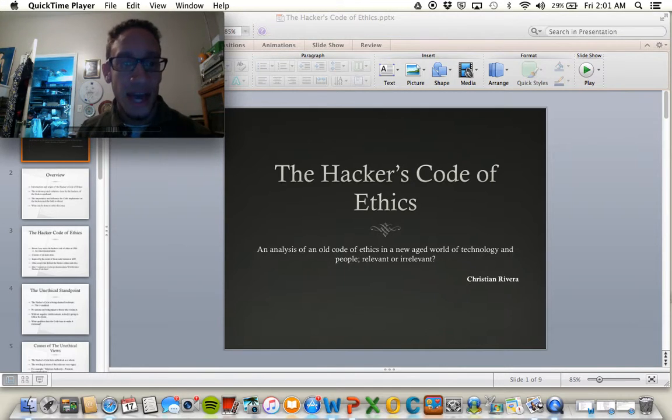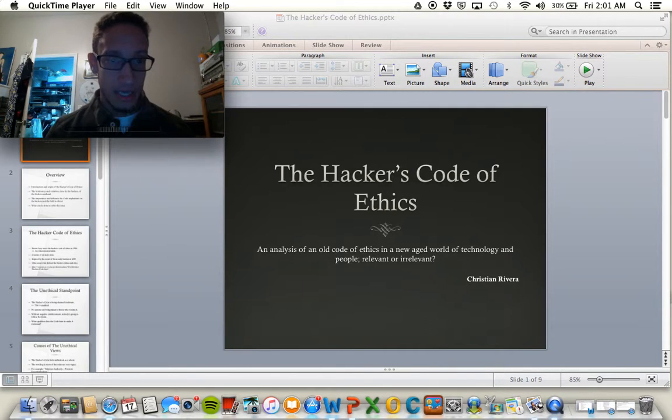It is titled The Hacker's Code of Ethics, and it's an analysis of an old code of ethics in a new age world of technology and people, relevant or irrelevant. The ethical actors in this presentation are the hackers in the IT computer science field. The ethical action would be to follow this hacker's code of ethics.